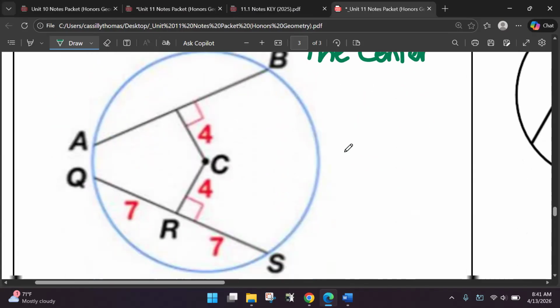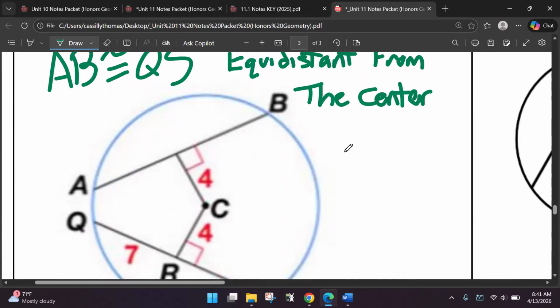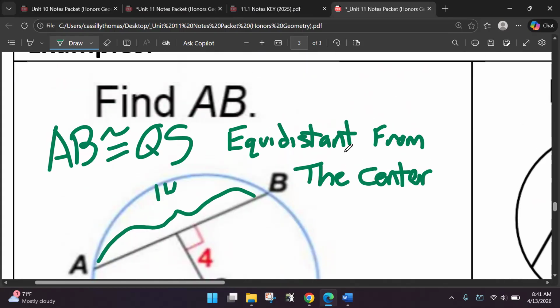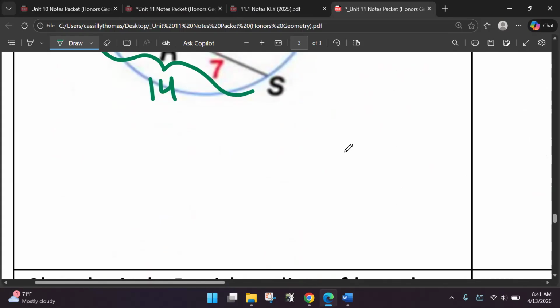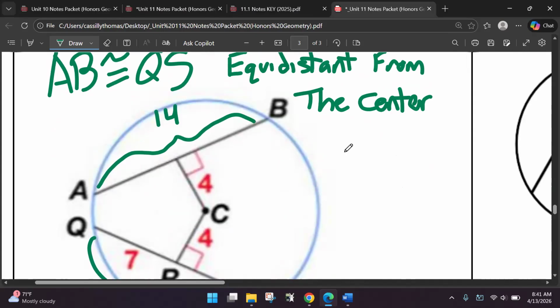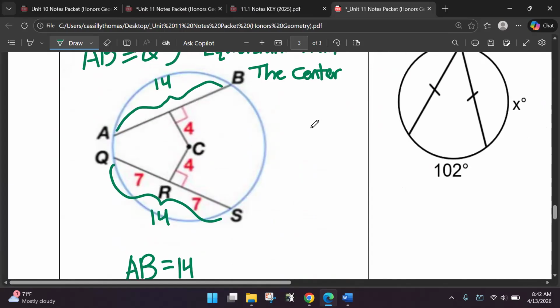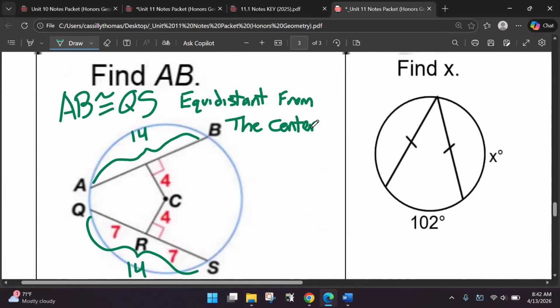Since they're equidistant from the center, we know that this whole thing is congruent to this whole thing. So we've got a length of 14 down here, so we're going to have a length of 14 up here. So we'd say AB equals 14. So that's one done. Now,